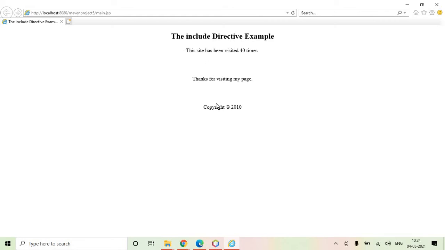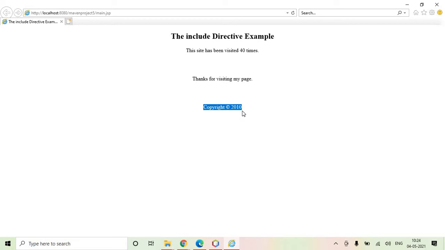Suppose you want this particular copyright 2020 in your 5 or 10 web pages. Instead of writing this particular line 5 times or 10 times in different code files, you can create one simple file, and with the help of this include directive, you can simply include it into your different files, so that whatever is the output of that, you will get it.